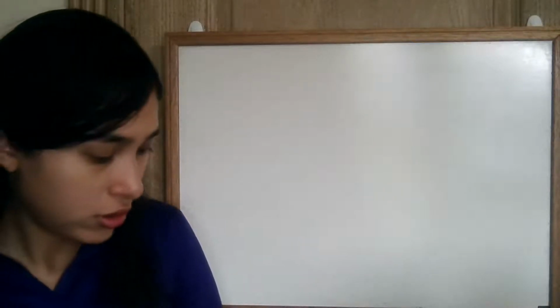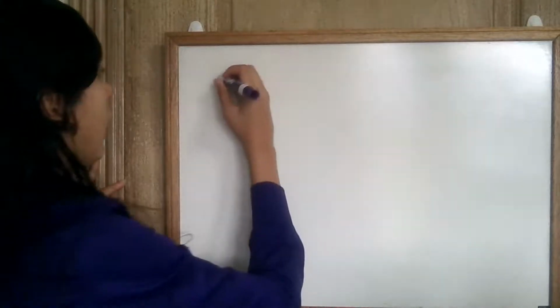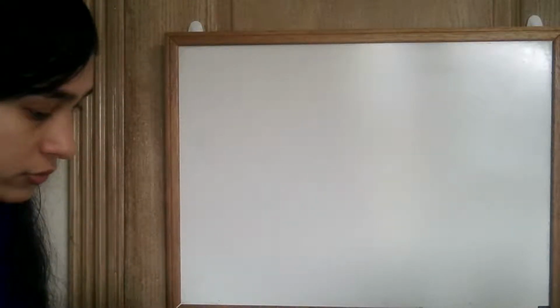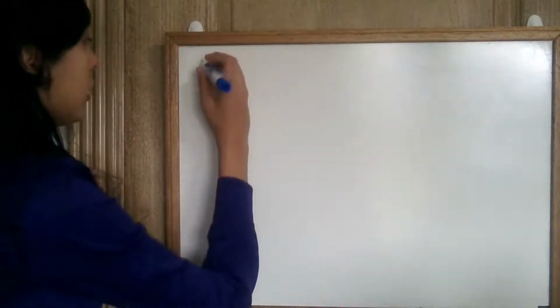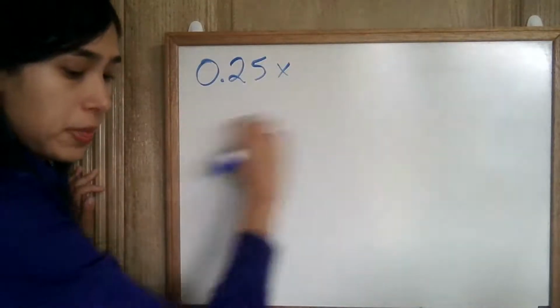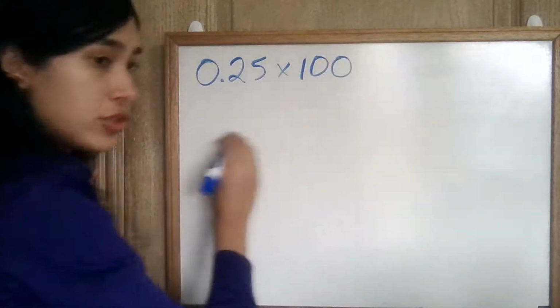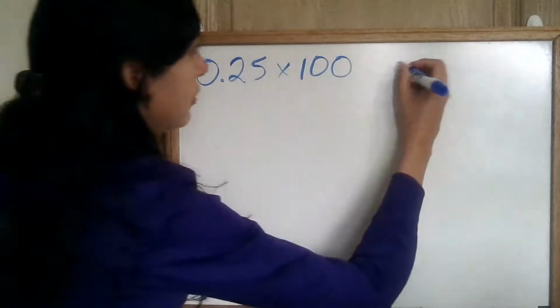So this is for your calculator. I do want to point out that if you want to go ahead and, so much for that. Let me get rid of that marker. That marker's trash. And write it on the calculator like this. Let's say I'm trying to do 0.25 times 100. I punch that into the calculator. My answer is going to be